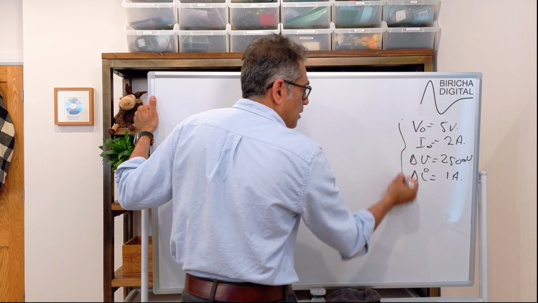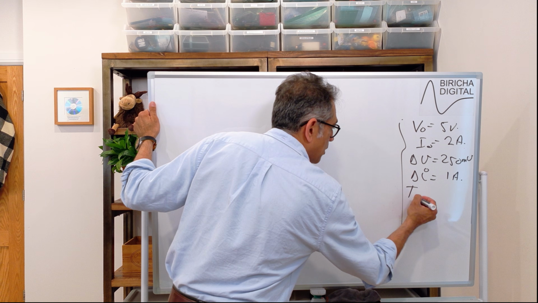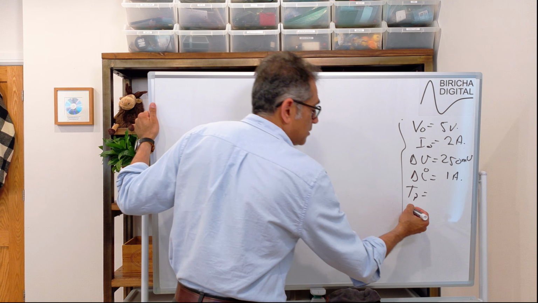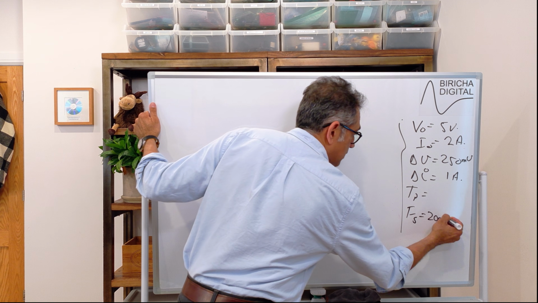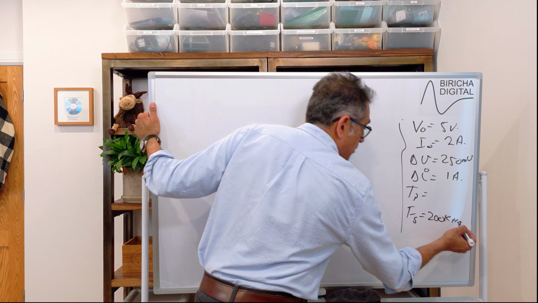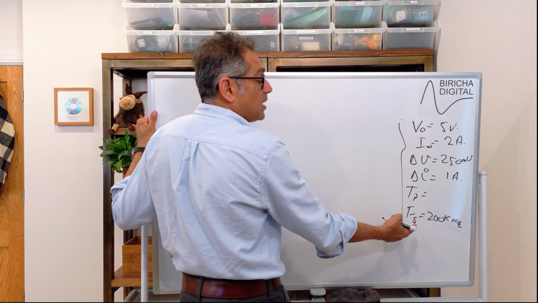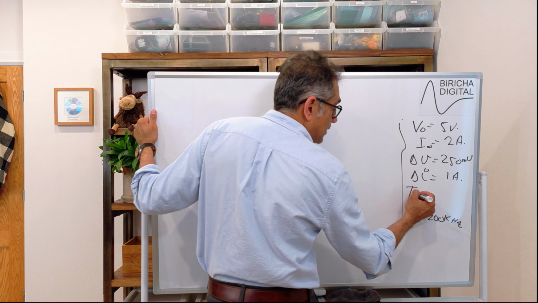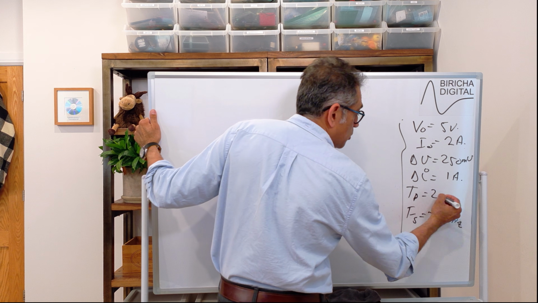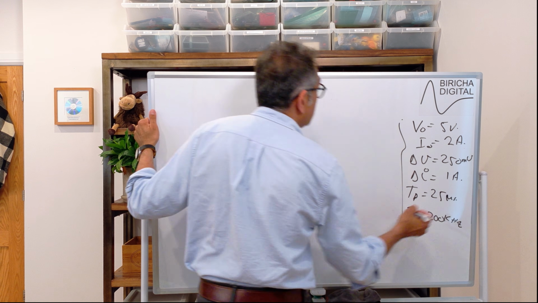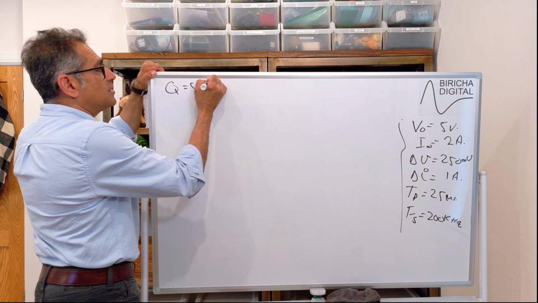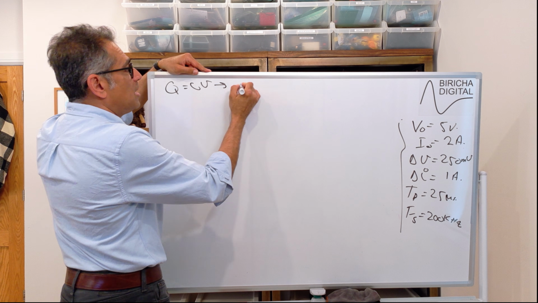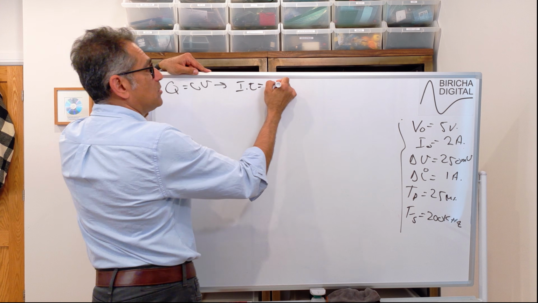And then we said that our T dip was 5 switching cycles. The switching frequency was 200 kilohertz, which gave me 5 microseconds per switching cycle, and therefore the 5 switching cycles would be 25 microseconds. Then we know Q is equal to CV, and that gives me IT is equal to